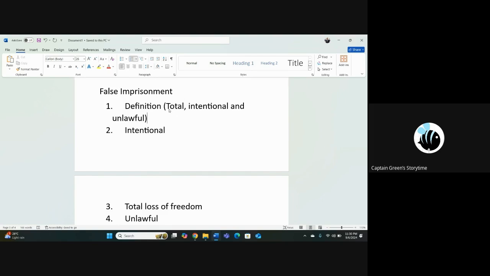Constraint on freedom of movement of another person, but it does